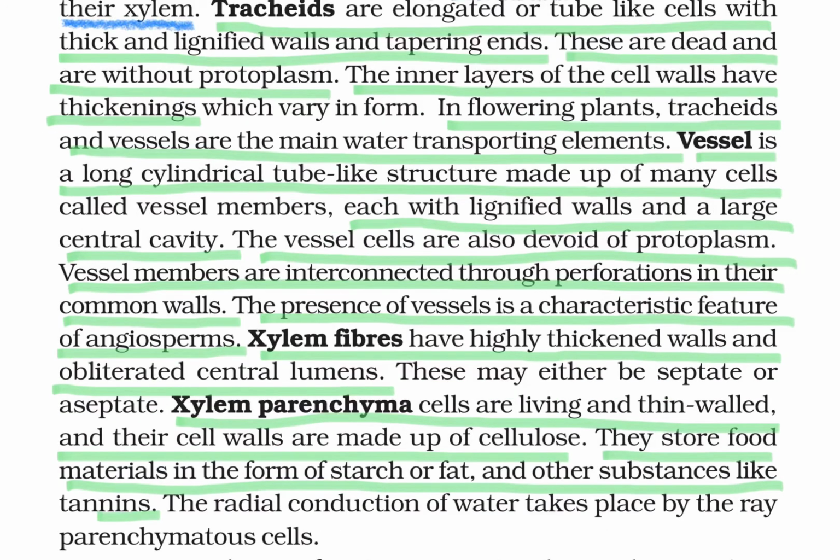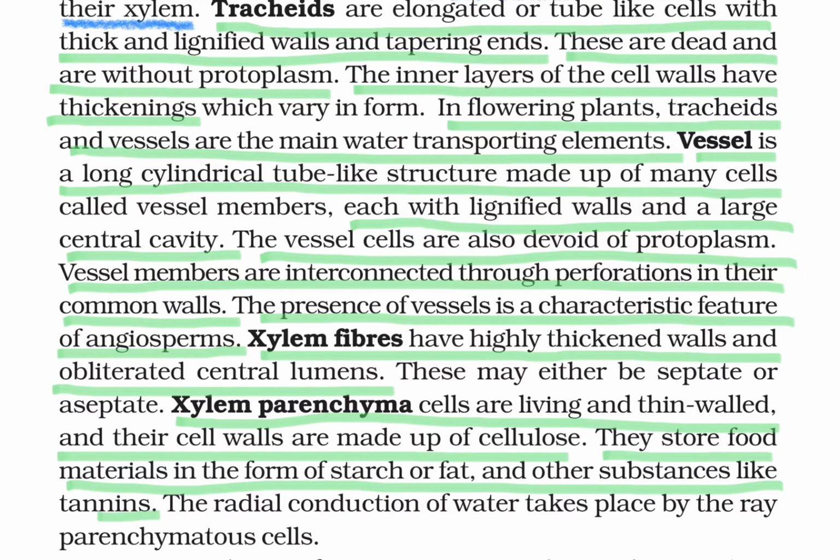So we have seen the structure of vessels. Vessels are also long cylindrical tube-like structures made up of many cells, and they are also lignified, but the difference is they have a large central cavity and more capacity to transport water fast as compared to tracheids. The vessel cells are also devoid of protoplasm. Vessel members are interconnected through perforations in their common walls. They are connected through small holes. The presence of vessels is the characteristic feature of angiosperms, and tracheids are found in lower plants like pteridophytes